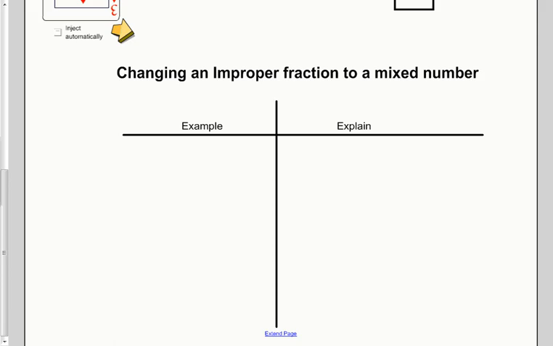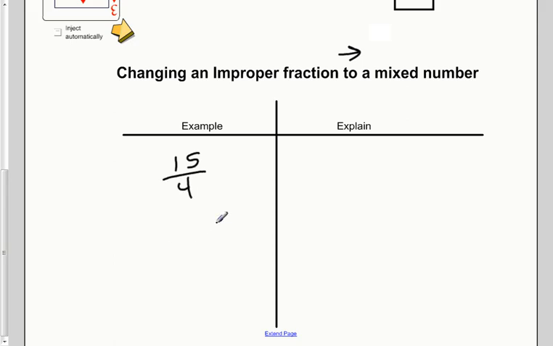All right, so on your notes on the front page, would you please go ahead and make this T-chart, changing an improper fraction to a mixed number. If you just want to write improper fraction and then an arrow to mixed number, that would be just fine. All right, so we'll do this quick and easy here. Let's start with an improper fraction. How about